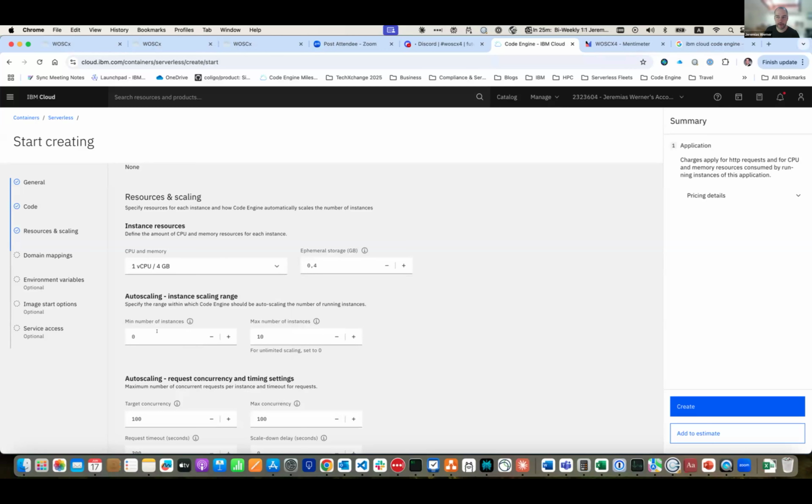And then you can specify the scaling, whether you want to have 0 instances. This is actually the scale to 0. If you always want to have 1 instance running because you need really low latency and need to have something always up and running, you can say, I'd like to have 10 instances running. It's, from our perspective and our definition, still serverless, even if there is something running 24/7, because you still have the easiness,